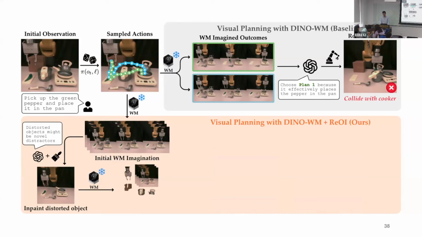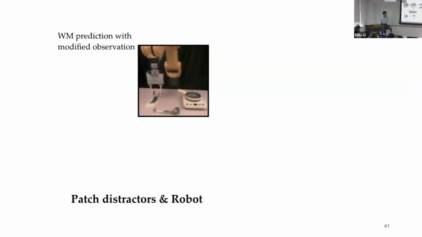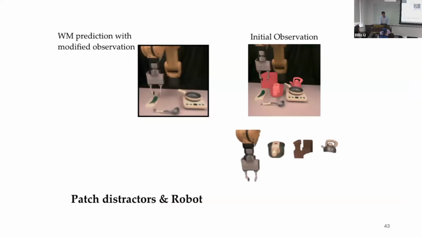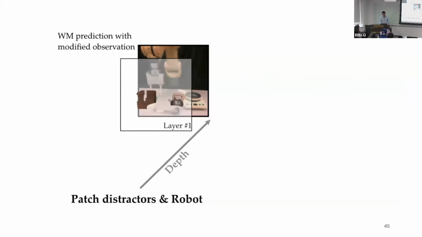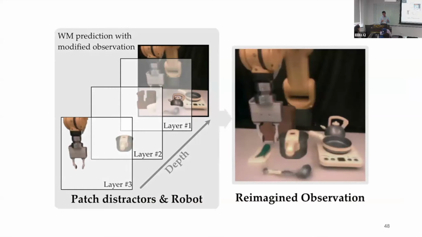So to maintain visual consistency for planning and verification, in our initial exploration, we just assume all the obstacles we encountered are stationary with fixed depth, and we can reinsert them into each predicted frame based on the order of the depth. Specifically, for each predicted frame, we separate the robots, the task-relevant objects, and also the background into different layers, and we estimate each layer's depth, and then combine them in a back to front order. By doing this, we ensure the correct occlusion and visual coherence across the predicted frames.